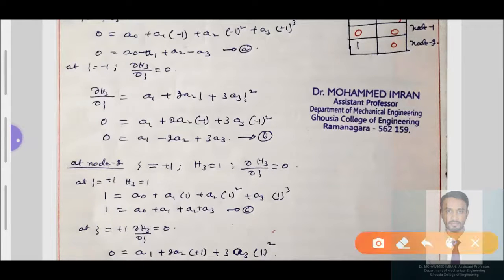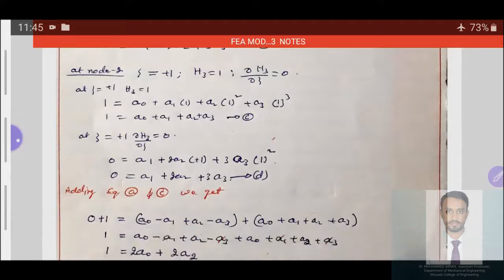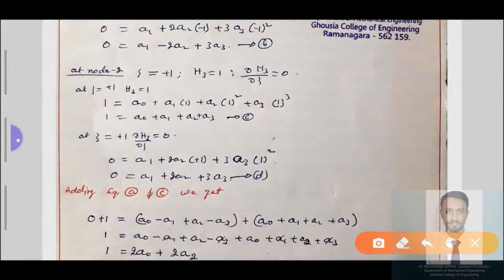You can check this 1 is shifting among A, B, C. Now in the first condition, equation A becomes 1 equals the value. In the h2 value, equation number B becomes 1 equals some value. Now equation number C becomes 1 equals some value. 1 is shifting among equations A, B, C and D. To remember where 1 will come, right? If you have any confusion like this, you can remember it. Now we need to apply the boundary condition next.